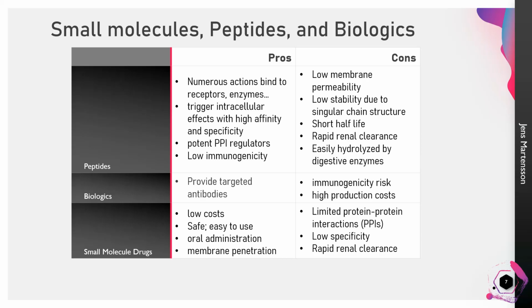There's peptides that we just described, and then there's biologics that I alluded to. Those are usually larger. So let's look at some pros and cons for each of these. Good thing about peptides is they're very specific. We can cut them into small enough sizes that they have a very high affinity for certain enzymes, certain pathways,